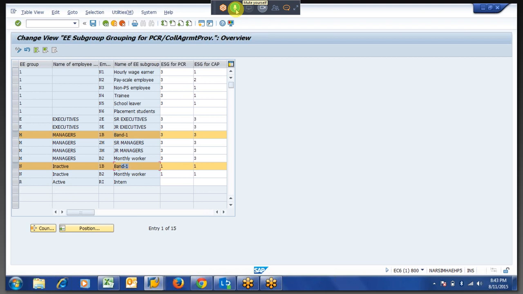I am telling that these non-management employees or daily wage earners will be paid on an hourly basis. However many hours they work, that many hours they will get. But these others are the salaried employees, that is for monthly salary.